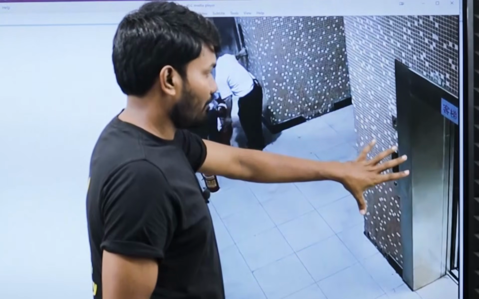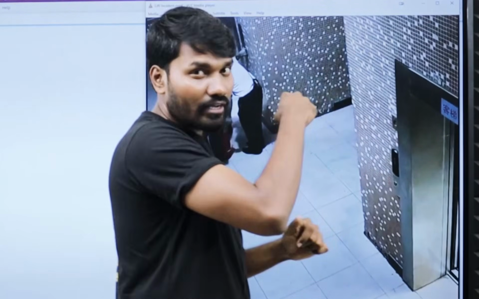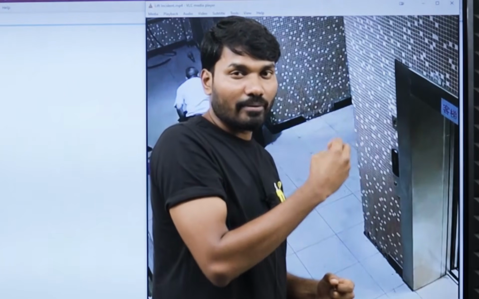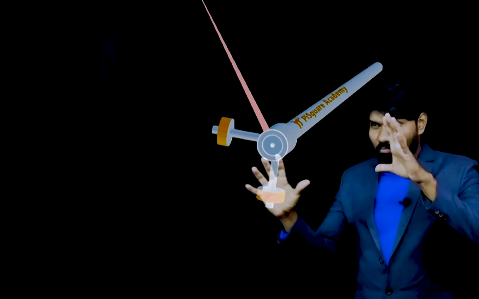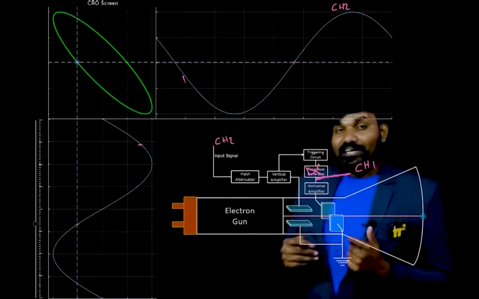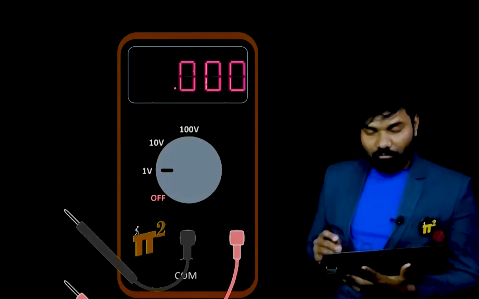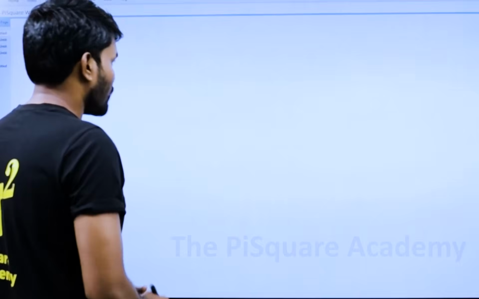I'm blocking this visual part here purposefully because it's really disturbing. So these two frames, the earlier frame and this frame, my analysis will be based on these two frames. Let me give my analysis on this incident.